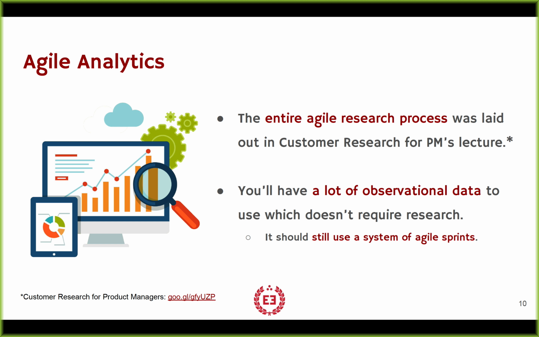And research is great because you produce data that maybe other people could get if they did the exact same research, but it's pretty proprietary. It's unlikely that other people are going to know the same things you know as a result of that research. But you're also sitting on 10 times, 100 times as much observational data, meaning it already exists. It was machine-to-machine capture. It was generated, or human-to-machine capture, but it was generated without you having to structure something like a survey. You didn't have to go out and do the research. It's there. And you can use it.